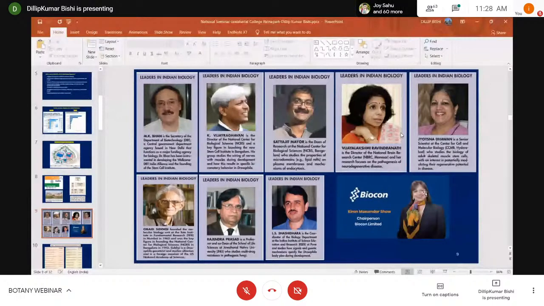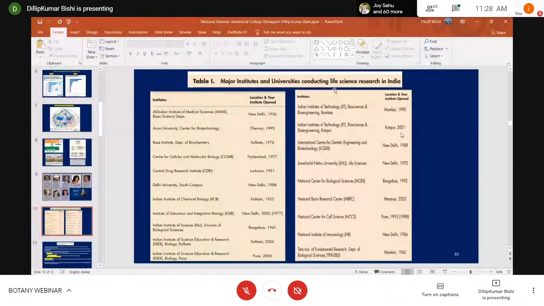These are the list of major institutions and universities in India that are conducting biological research. So AIIMS, all kinds of IITs, and they also have programs for online students at UG level. Most of you are welcome to